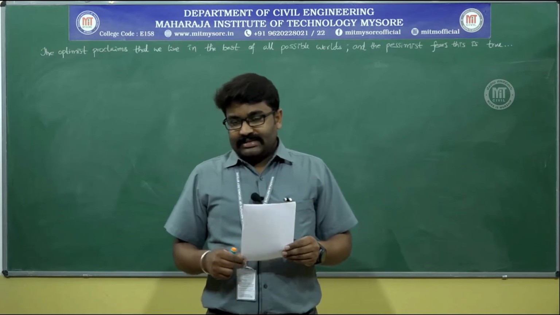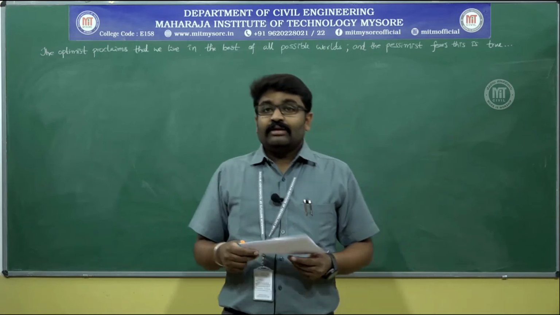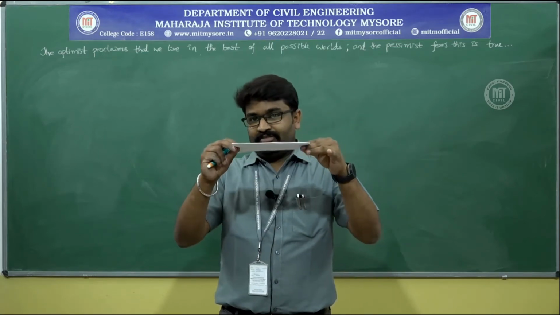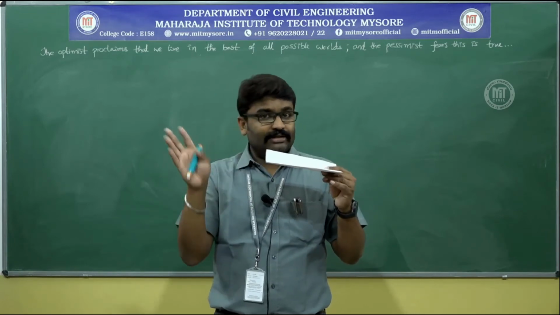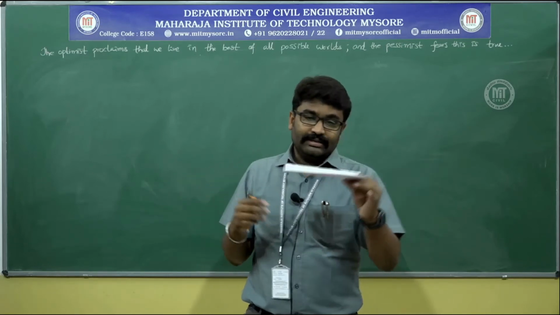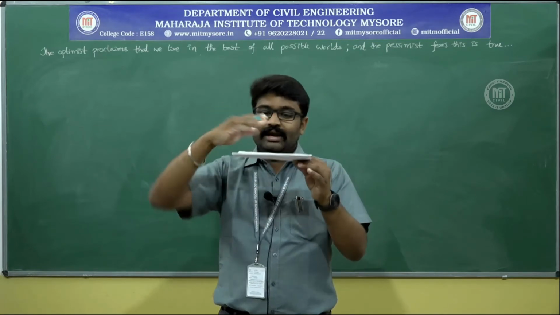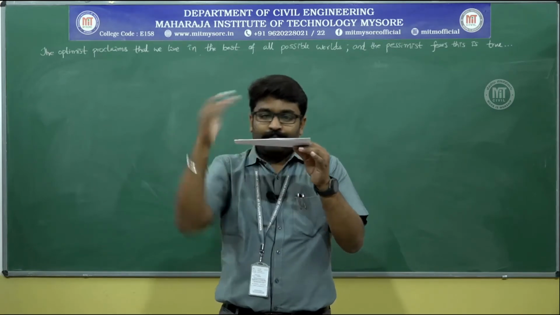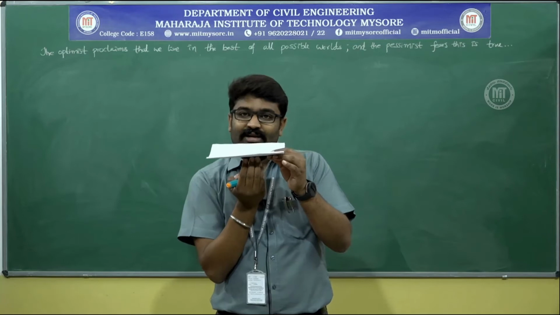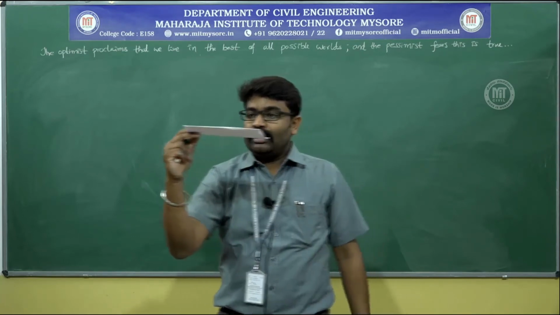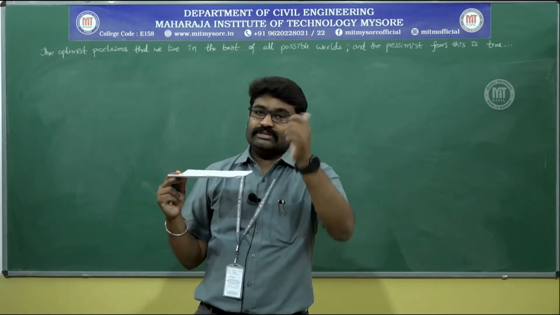Now, it is filled with glycerin, he says, and its viscosity is 8.1 into 10 power minus 1 Newton second per meter square, and this plate, which is 0.5 meter square in area, is very thin. So its thickness has to be neglected so that there is no question of volume. This thin plate is presenting 0.5 meter square area on either side, and you have plane surfaces on either side of the plate. So you have glycerin on this side, you also have glycerin on this side. Now this needs to be pulled at 0.6 meter per second velocity. What force is required to do so is the question.